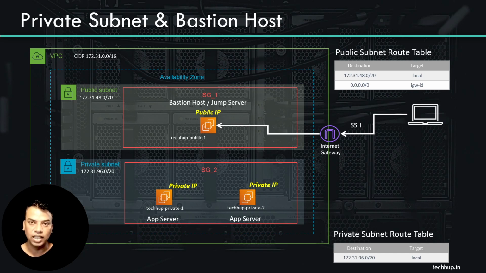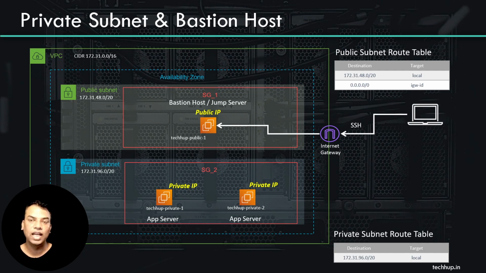But again, please note that that is not the best practice, because if your Bastion host is compromised and somebody gets hold of the key, then he or she could easily get access to all the resources that you have in your private subnet that use that same key. And generally, the practice is that there is a common private key that is used for most of the instances running in the same model. For example, if you have 10 instances as part of an auto scaling group running in your private subnet, they may have the same private key. And if that gets compromised, all your 10 EC2 instances are compromised. So it's never a good practice to copy the private key onto the